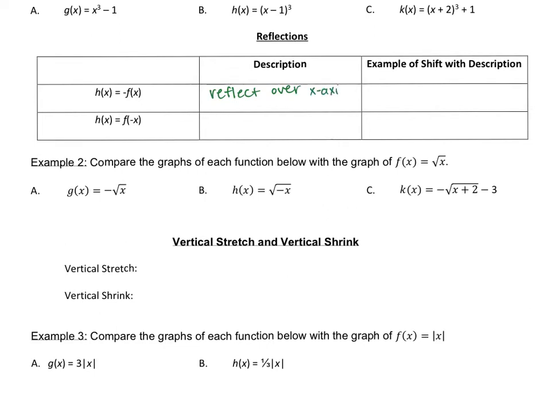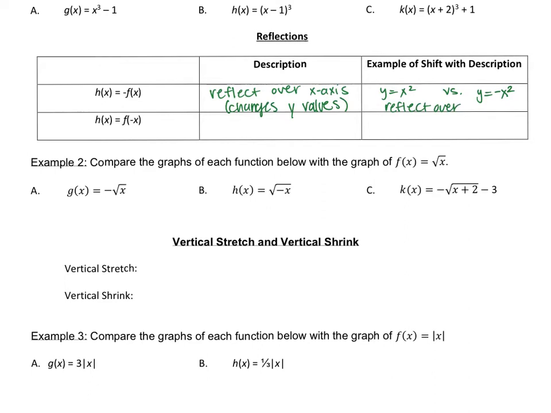x-axis. In other words, whenever there's a negative sign, the function flips either upside down or right side up, depending on what the function was naturally. But usually it flips upside down if there's a negative sign. And the reason why is because it changes the y value. So like if you had a parabola, let's say x squared, and you put a negative sign in front of it, well, that's going to make it flip upside down, or you can say it reflects